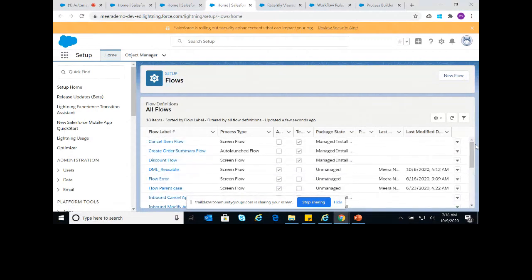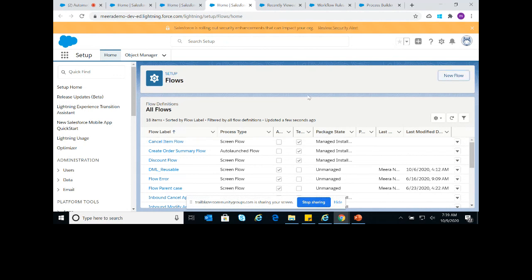Workflows has only limited actions, like you will be able to perform field update, task creation, limited actions like that, or you will be able to execute an outbound message. But flows has got more advanced features and advantages that you don't need to write code for this. With using just drag and drop approaches, with creating some variables, and you will be able to perform lots of